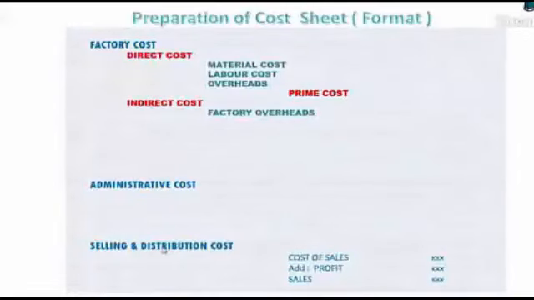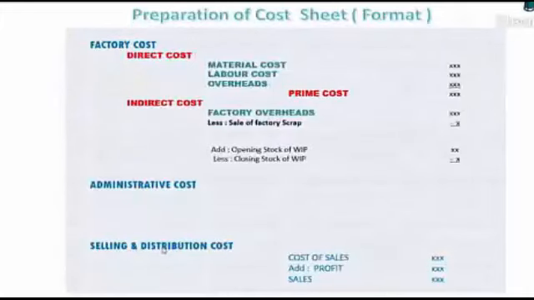So there are frequent questions also. The total of direct cost incurred in a factory is called, so it is called prime cost. Now let us look at the further expansion of this. Direct cost we classified as material, labor, overhead. Then the total of these three we will be calling a prime cost.